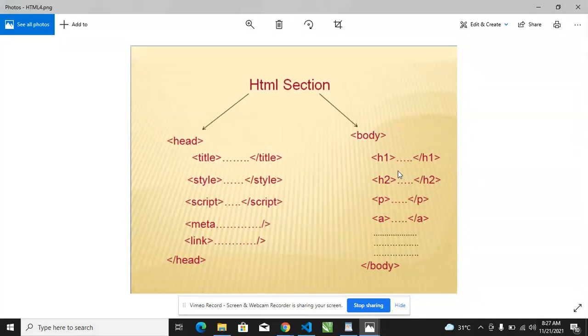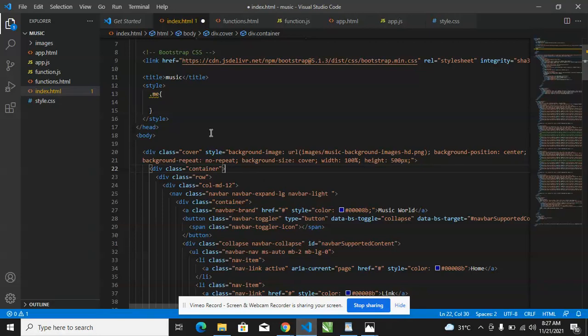Under the body section, we have the heading tags, which range from 1 to 6, from H1 to H6. If I do H1 and put content, and do H2 and put content, the content inside the H1 and the H2 would be different. Why? Because the H1 is always bigger than the H2. Now let's do a practical example so that I can show you. Let's create another file. Let's say example